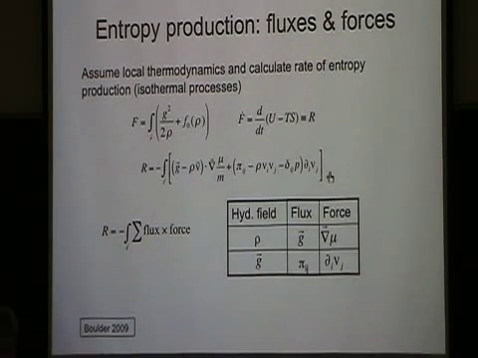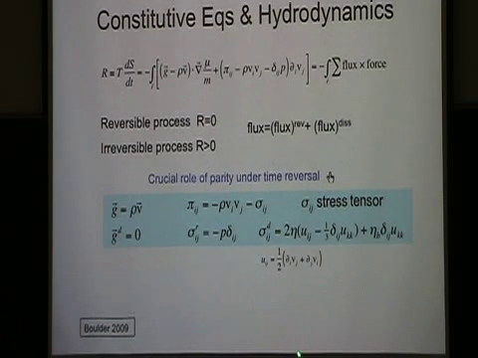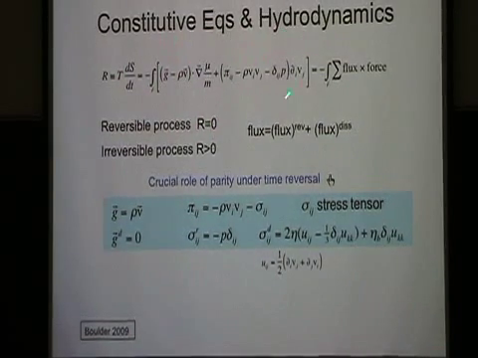Now, if you're dealing with a reversible process, so that's now displacing the system from equilibrium in some way, this rate of entropy production has to be zero. So this whole big integral has to be zero, and has to remain zero. Each term also has to be zero independently, because you can imagine displacing the system from equilibrium by either changing the density or inducing a velocity gradient, and you can do this independently. So if the process is reversible, the only way this can remain zero is if these terms are independently zero.